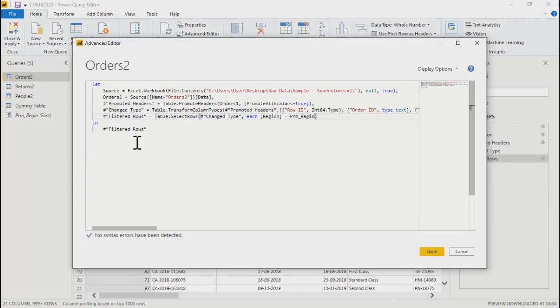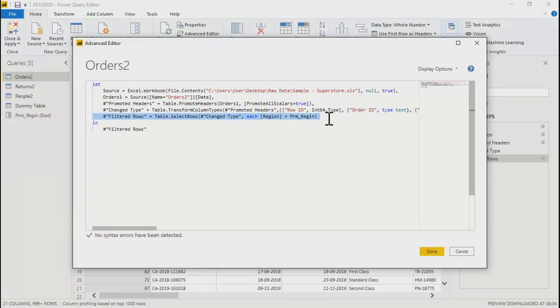Now, as soon as we added one parameter, in this line over here, it says filtered rows table.selection change type, each region is equal to parameter region. So this is the name of the parameter which got added into the query itself. So now whatever data you see will be filtered for this parameter region. If you remove it from here, that parameter relation we created will no longer be valid.